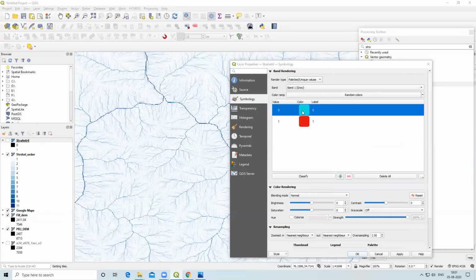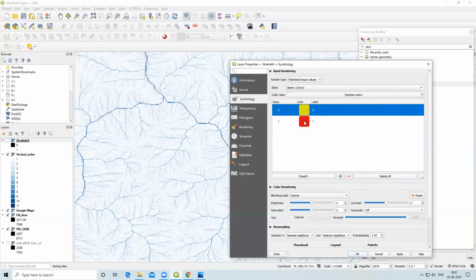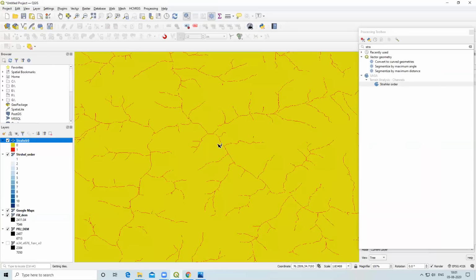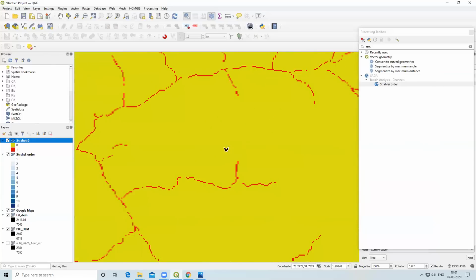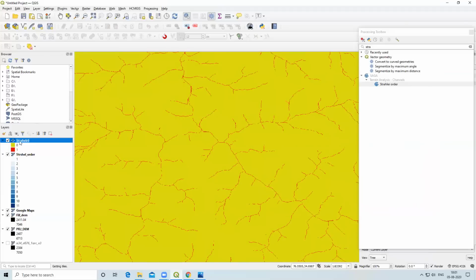Where there is a 0, there is no stream. I will change the color, and where there is a 1, there is a stream available. So I'll click on apply and OK. Now you can see this red color is indicating streams, and where there is a 0, there is no stream.